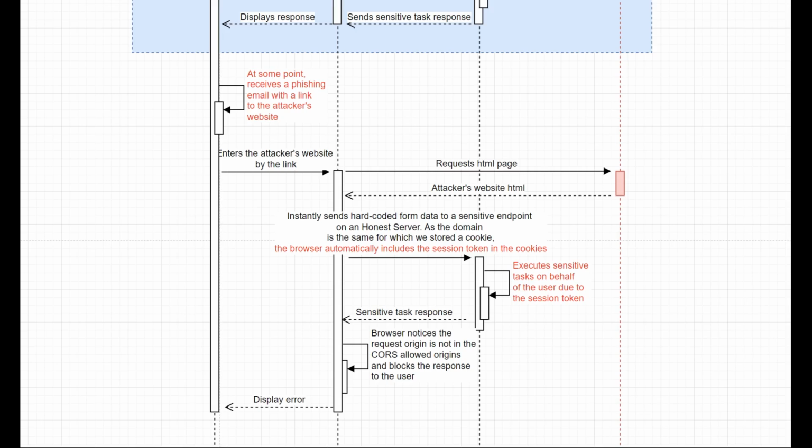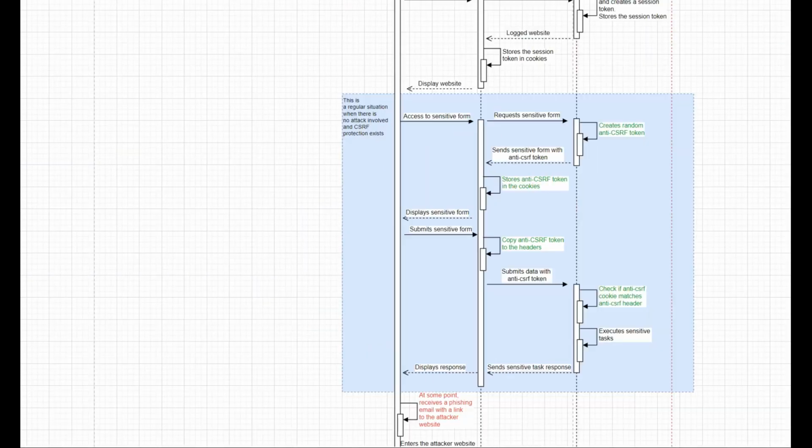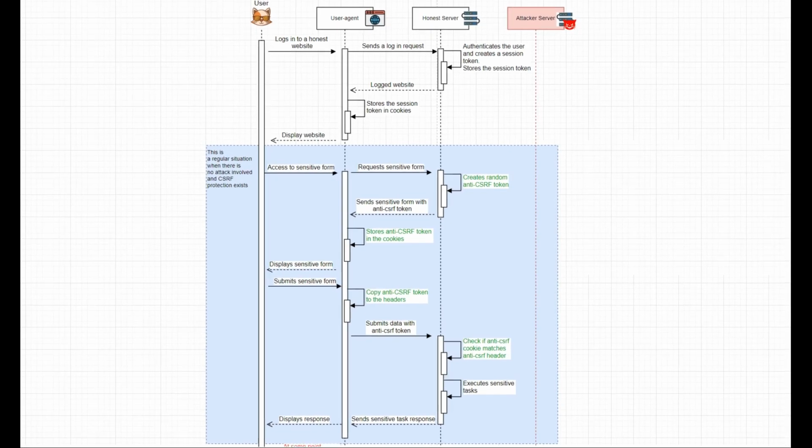So how can we protect the flow against these attacks? Let's check the other sequence diagram. We have a similar situation, but now we have CSRF protection. The first difference occurs when any form is requested. In this moment,